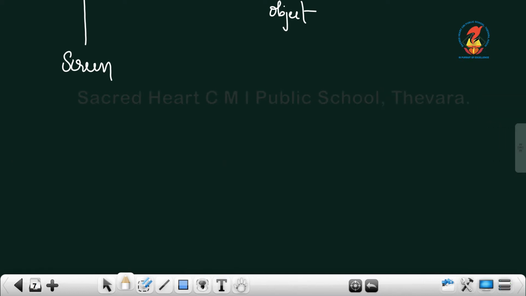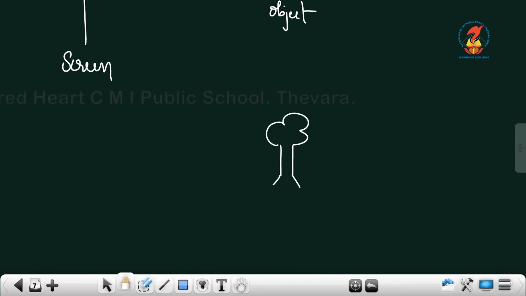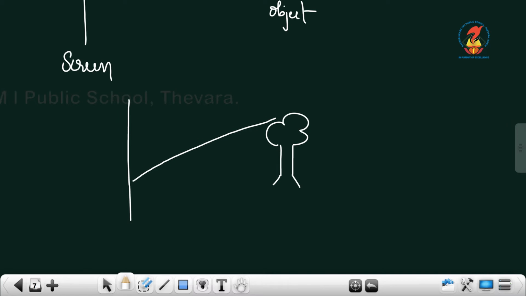This one I will show you here. Suppose this one is a screen. Here you will get the image. The image will be like this. So light from the bottom of the object meets at the top of the screen.